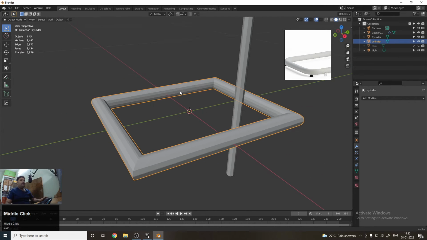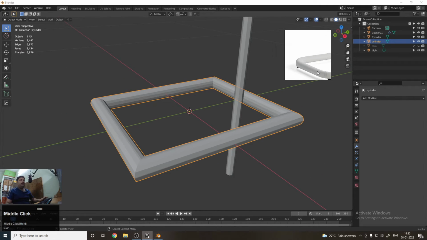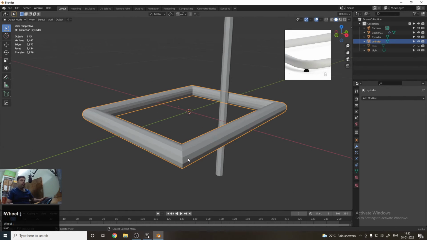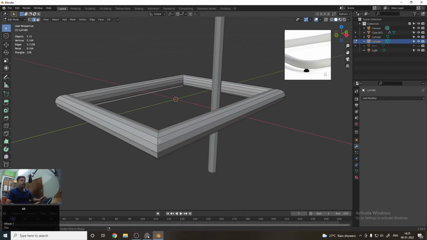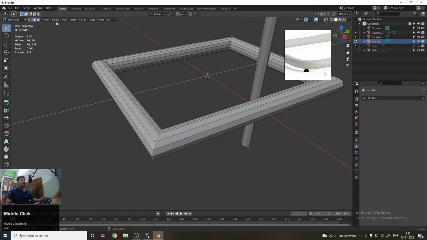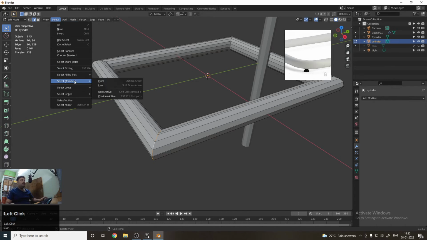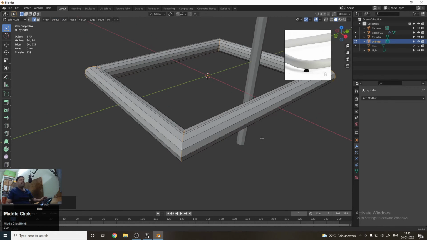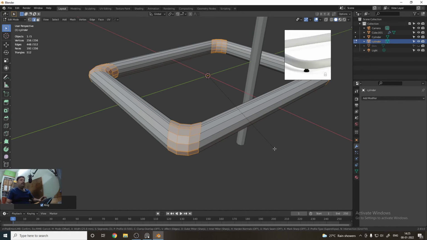So basically we have created this kind of effect, but you can see that it's curved. So we need to do the curve portion. So go to the edit mode, select this edge, and it has been selected completely. Go to the select option, go to the select loop option and then click on the edge rings. Then you need to bevel it using Ctrl B, and you need to add segments depending upon your model. So I am now just adding 2 segments. This is 1 and 2 segments I am adding here.